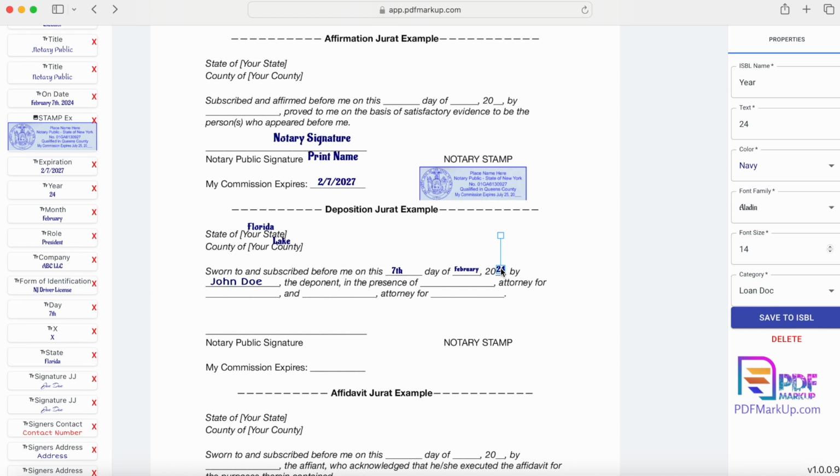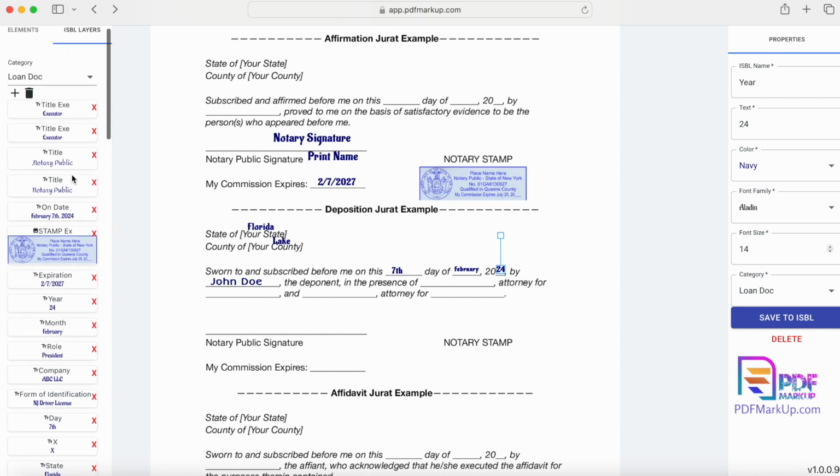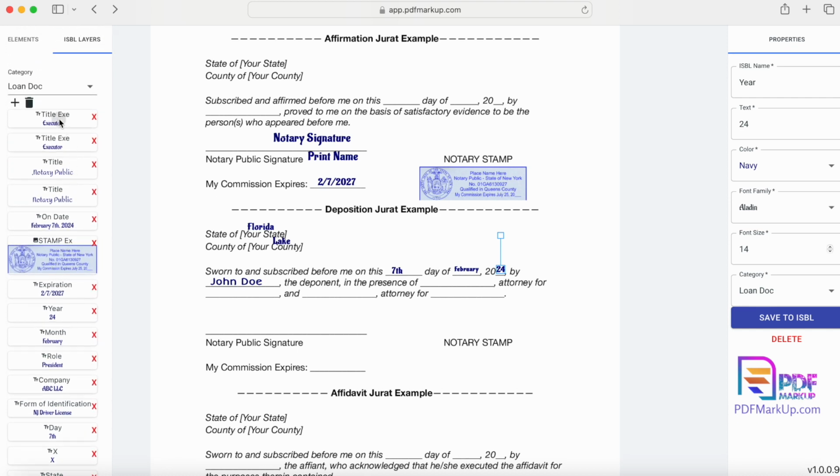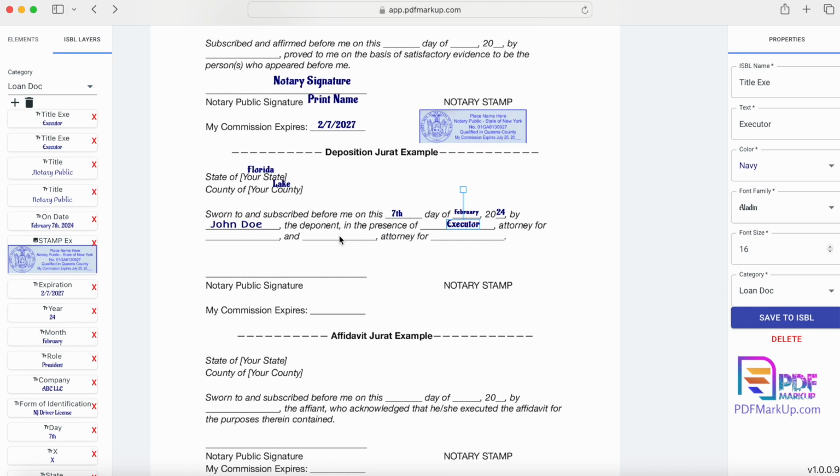So basically, in this situation, John Doe, the deponent, in the presence of the name of his attorney. Okay, so what is the name of his attorney? We're going to say his name is Executor, because I don't have to create another thing, because I don't have extra names. I should create extra names, but I always delete them. So in the presence of Executor, attorney, his attorney name is Executor, guys. Okay, for blank and blank, attorney for. So Executor is attorney for,